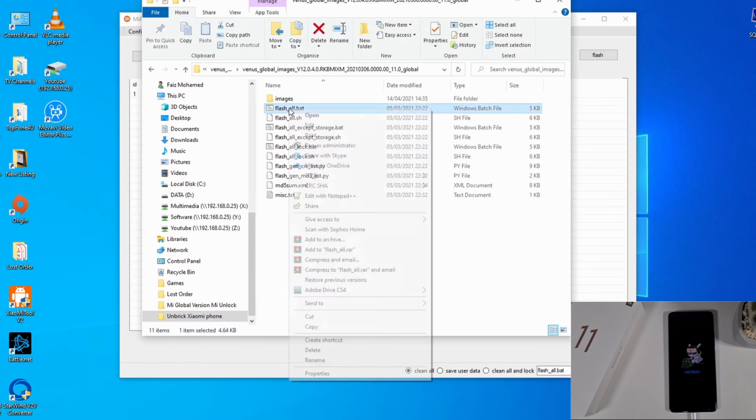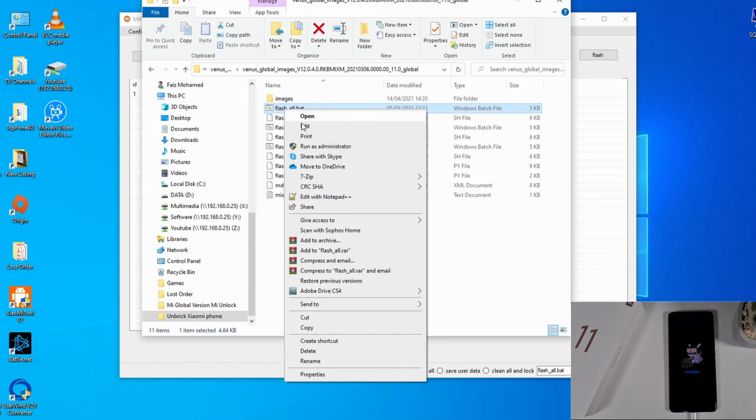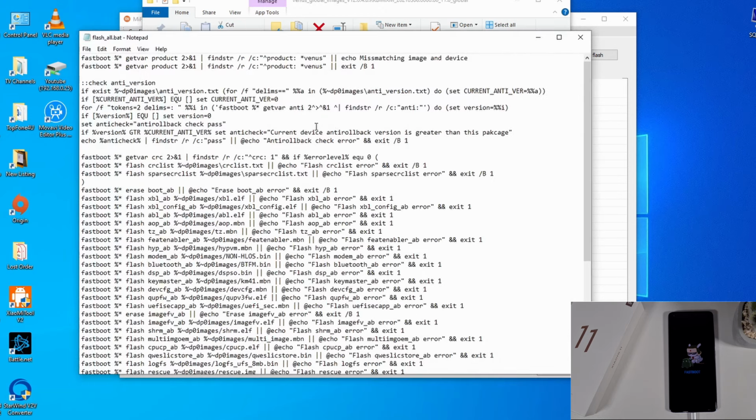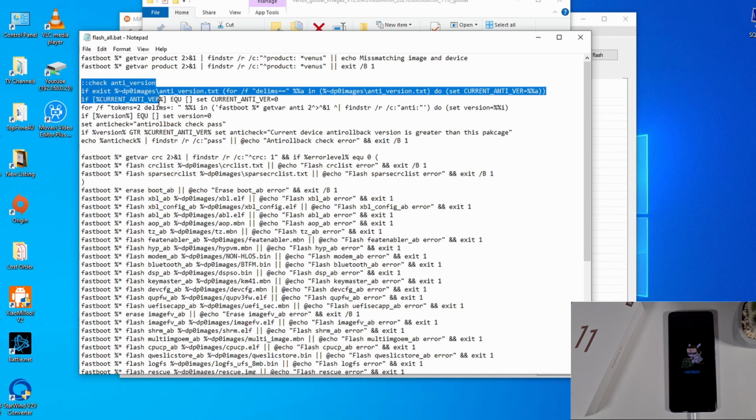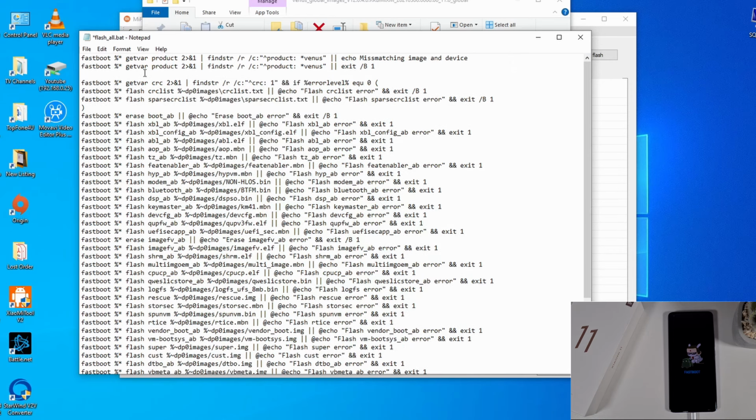and then right click and then edit, but do follow this carefully, don't delete anything else, otherwise it will corrupt your ROM. So just right click on this file and then click on edit, leave anything which has got fastboot. You just need to select up to the eighth line there, and then you can just press delete on your keyboard or right click and then delete. Once you clear those lines, all you need to do is click file and then save, and then close this,